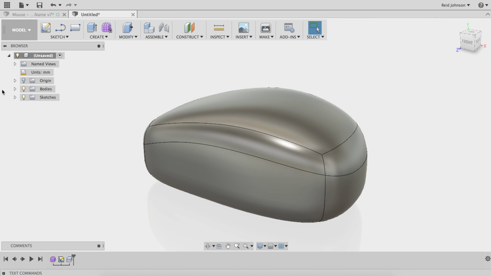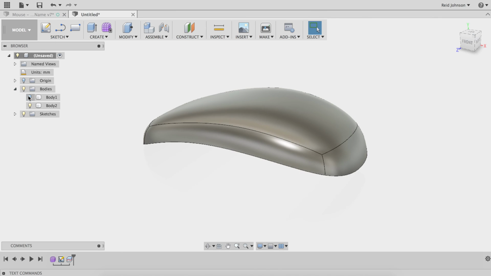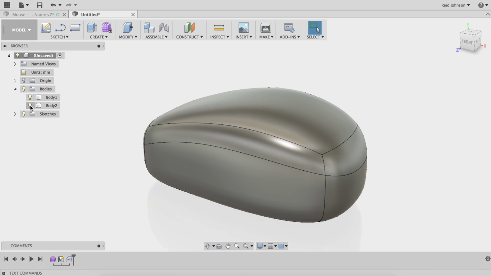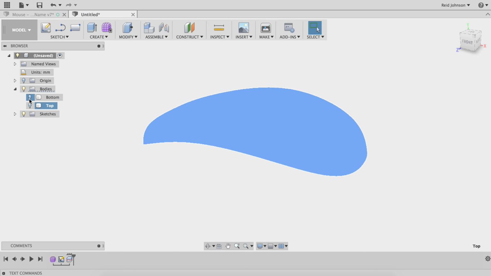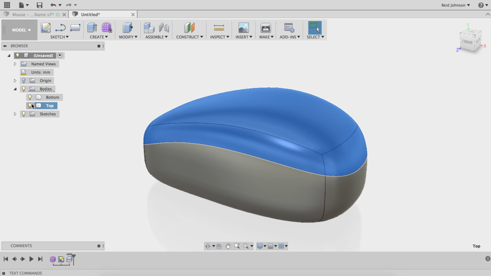And if I expand my bodies, I can see I've got body 1, body 2, and now I can name these. So body 1 is the bottom, and body 2 is the top. Got these two pieces. Go ahead and turn off the top,